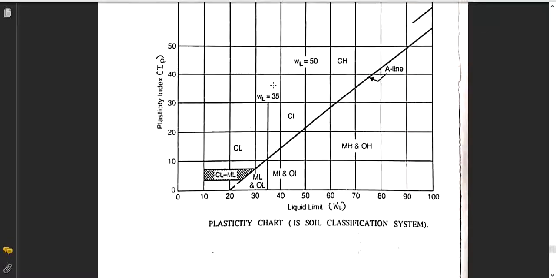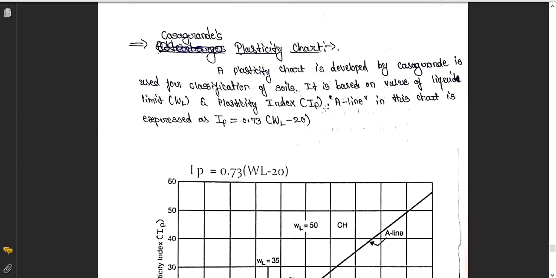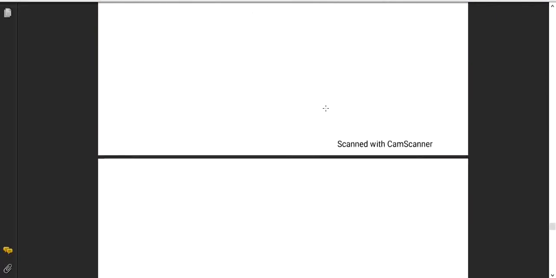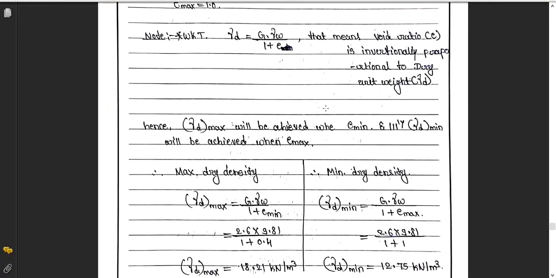I am going to upload these notes on Google Classroom. You can use these notes for reference purposes. Reference books for this subject will be Geotechnical Engineering by BC Punmia and Jain. Another reference textbook is Soil Mechanics by Arora. This is the second reference textbook. The third reference textbook is Soil Mechanics and Geotechnical Engineering by VNS Murthy. You can go through those textbooks also. If you have any queries, you can raise them.